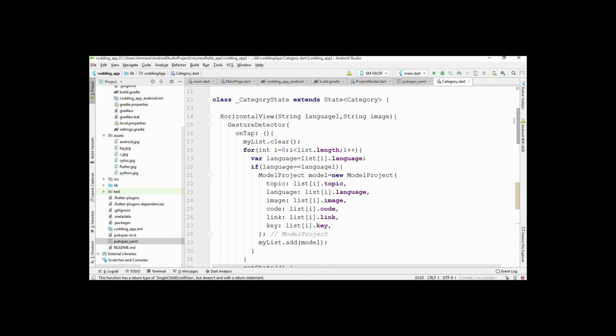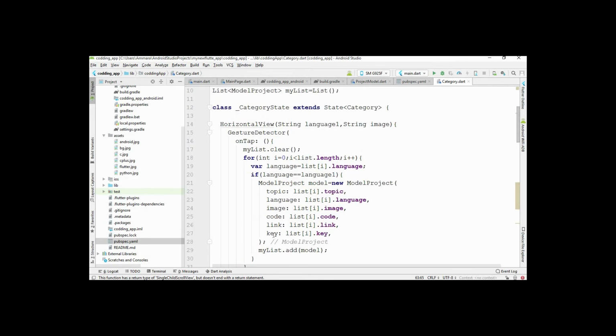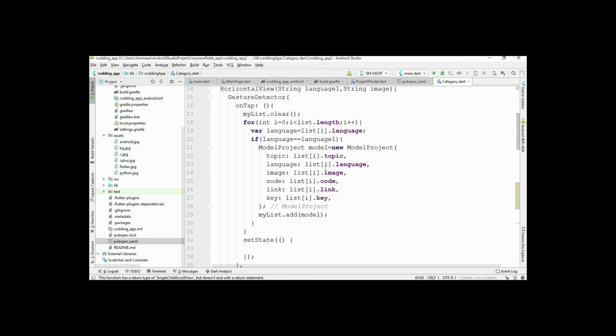After that we write a condition, and inside this condition we check if the language is equal to Python, then we get all the data related to Python like topic, language, image, code, link and key. Then we store that data in this my list, and after that we refresh the list.